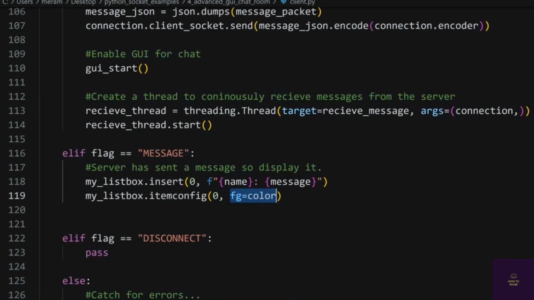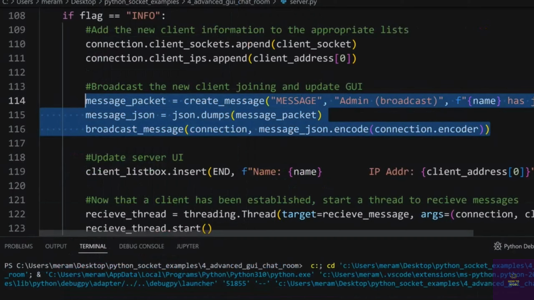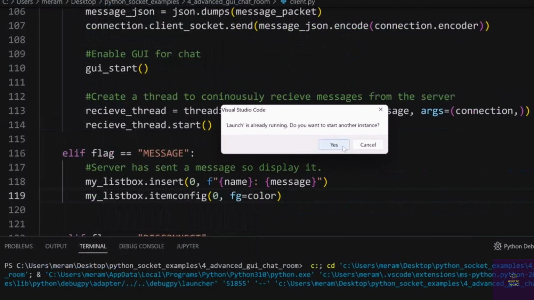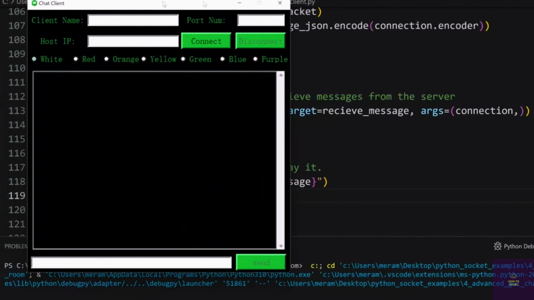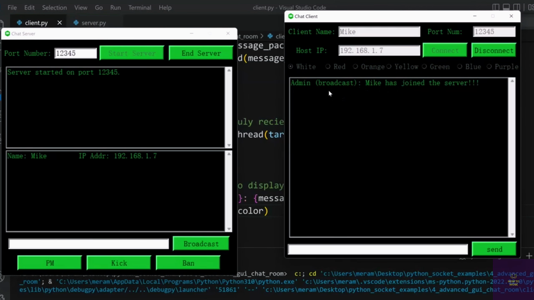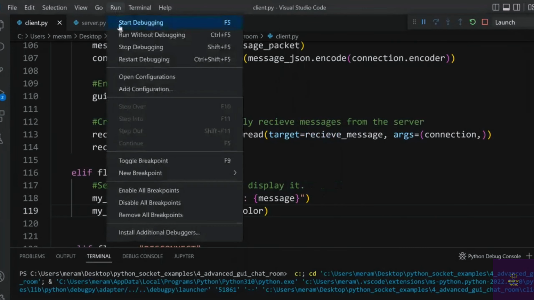All right, so I think this should work pretty good. So now if we actually run this, we should see some information coming in from the server, because we know we were sending a broadcast message to all of the clients when a client joined. So if we start our server, 1, 2, 3, 4, 5, and I start, and we'll do Mike at 192.168.1.7, 1, 2, 3, 4, 5. If I connect, look at that. So now we are getting that broadcast. It says, from the admin as a broadcast, Mike joined the server. And really, if I run another client,